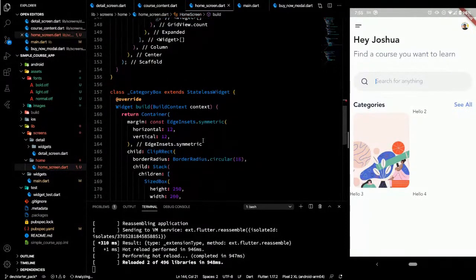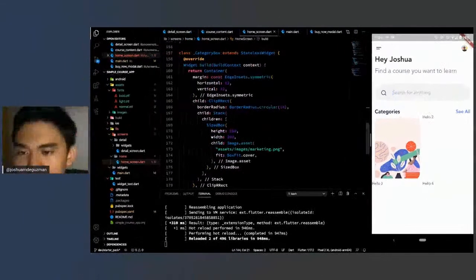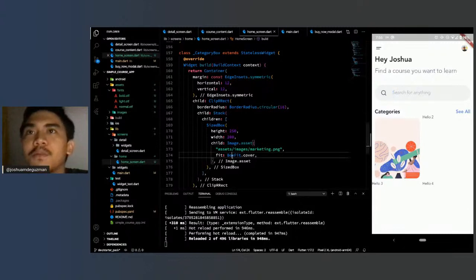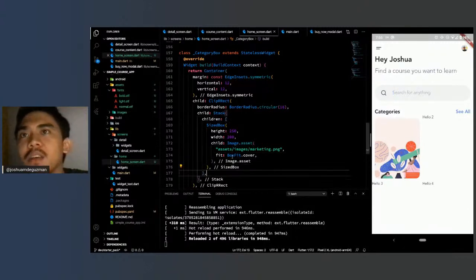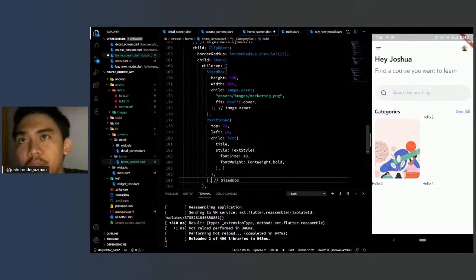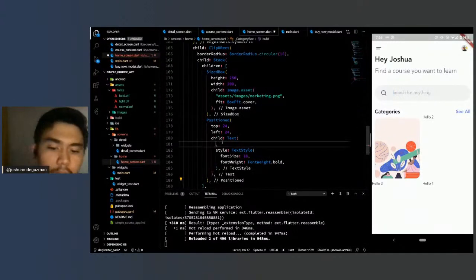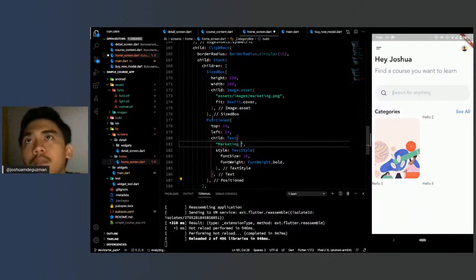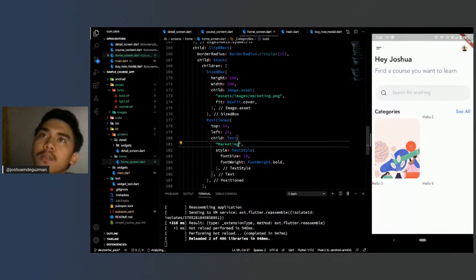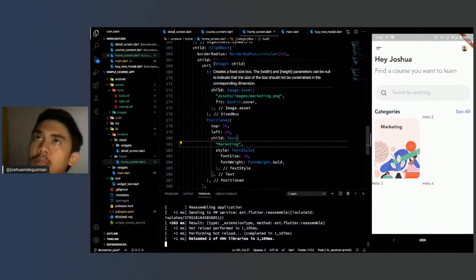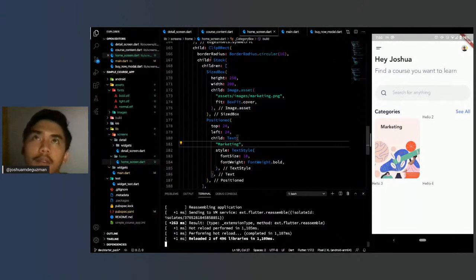So now, the next thing we have to focus on is the text. We have this widget called Positioned. In a Stack, by the way, everything is relative to each other, or at least relative to the constraints of the Stack widget. So this one is at the top of 24, so it doesn't care. It's not relative to the next widget to it, but instead relative to the parent Stack widget.